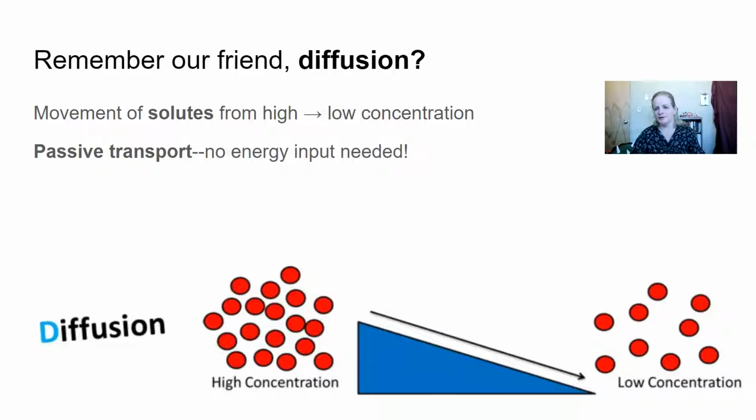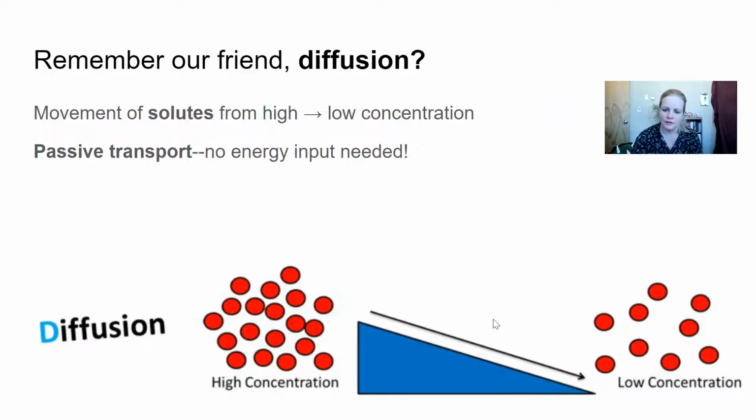Okay, so remember diffusion. So this is the movement of solutes going from a high concentration to a low concentration. This is the mechanism behind passive transport. Cells don't have to expend energy in order to do this movement. It just happens naturally without any interference or energy input from the sun. Okay, and so here we can think about it going down a ramp, and so there's no work